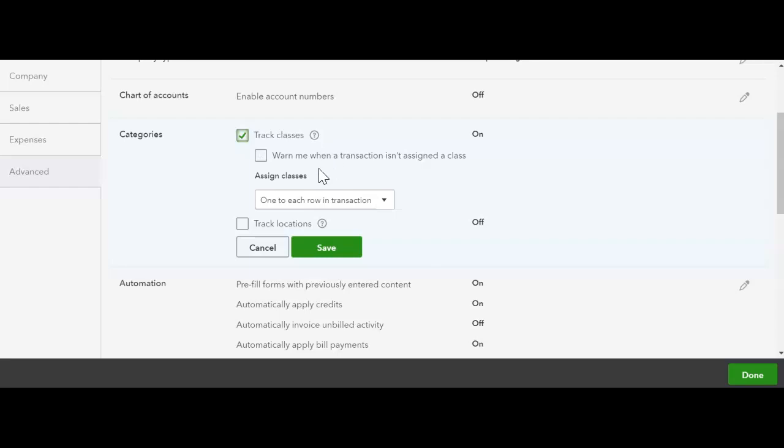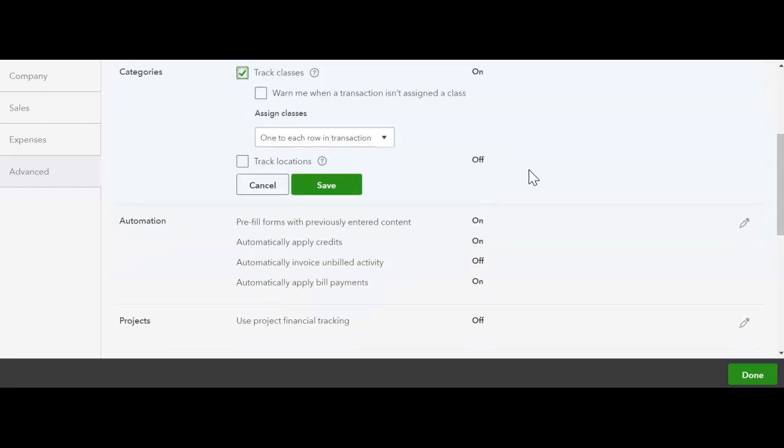If you're only using classes in some instances, I wouldn't suggest that you warn when it isn't assigned because that can get annoying. But if you are using classes through all of your transactions, you should put that on just as a control to make sure that everybody is allocating classes to your transactions. But I'm going to leave it off because I'm not doing any class. I just want to select it if I want to. I don't want to be prompted if I